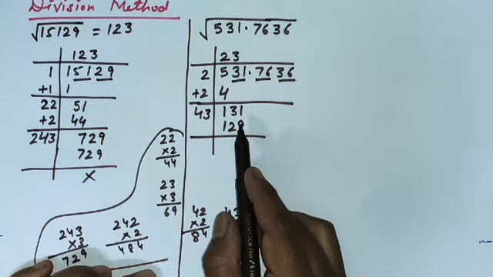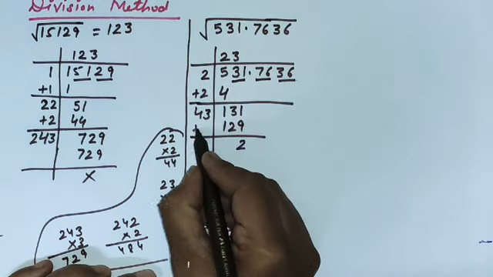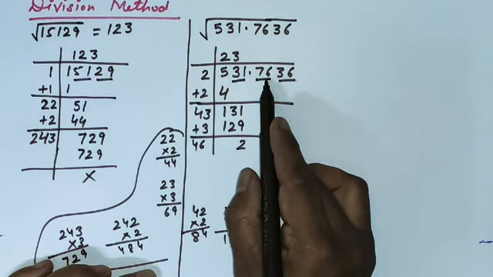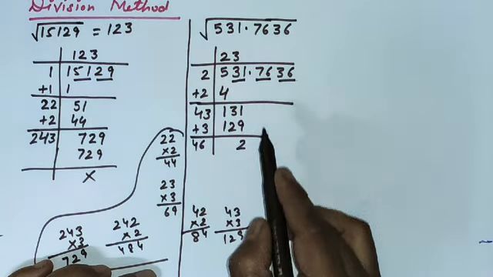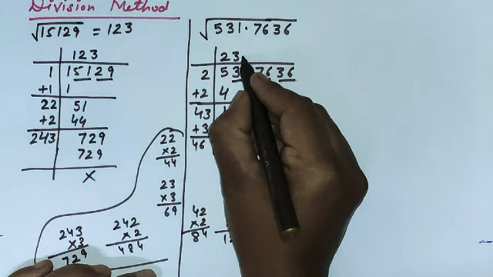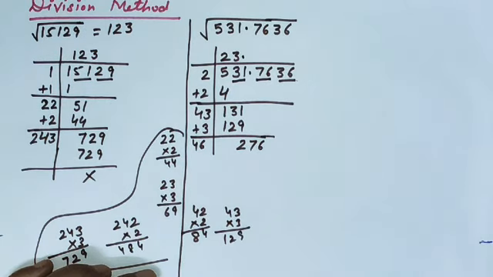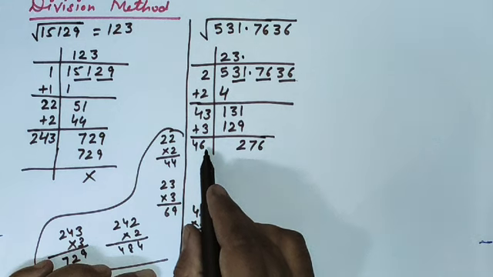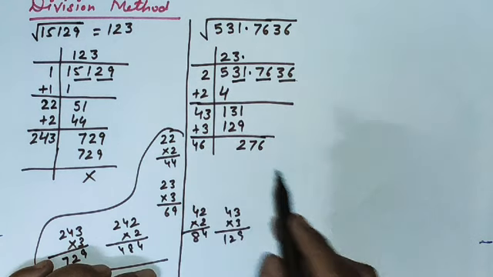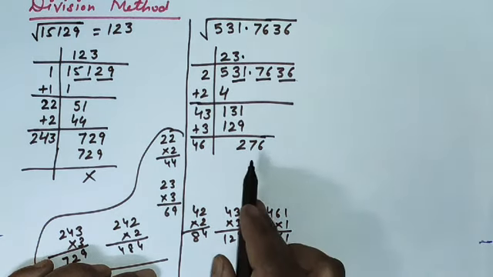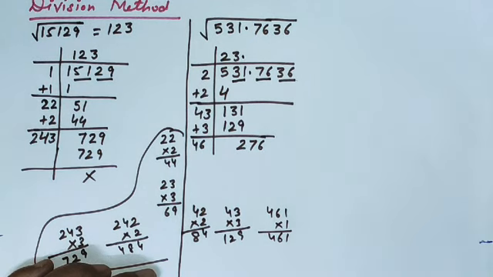Now see here, this 3 I will add here. 43 plus 3 is 46. Now the pair which I want to carry down is after the decimal. So I have to put decimal here also. Now carry the next pair, which is 76. Now better see here very carefully. Here if I take the smallest digit, what is the smallest digit? 1. If I take 1 and then multiply by 1, I will get 461. And see what my number is here, 276.